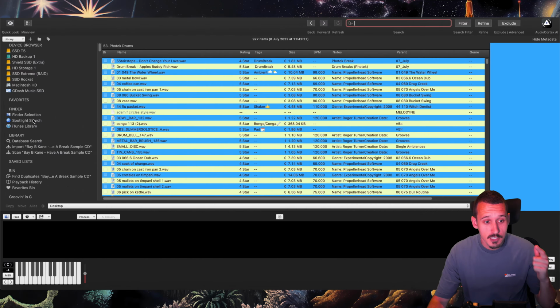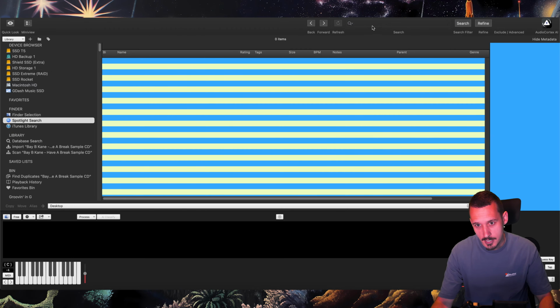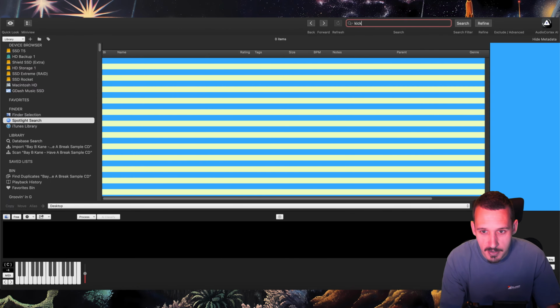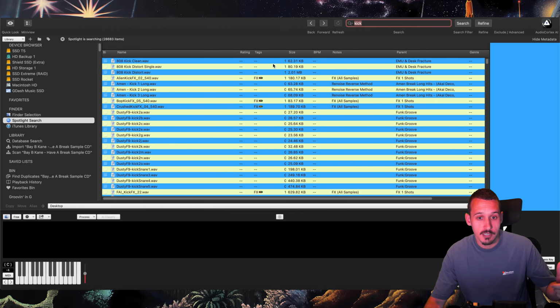It has an amazing Spotlight search function where, just like Spotlight search works on your Mac, you can essentially search it here, but it's only going to find the audio files. So I can just type in kick here and it's going to search my whole library. You can add your external hard disks and everything to this, and so it's searching kick and it's found 28,000 kicks, which is an extortionate amount of kicks, and I would never be able to go through all of these